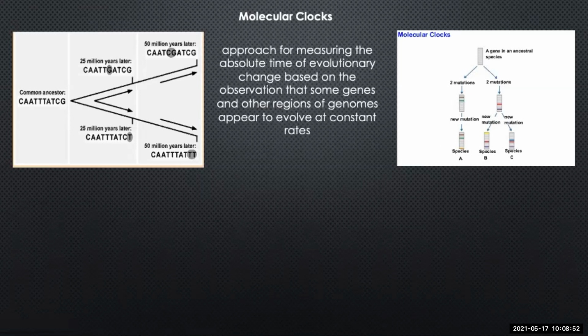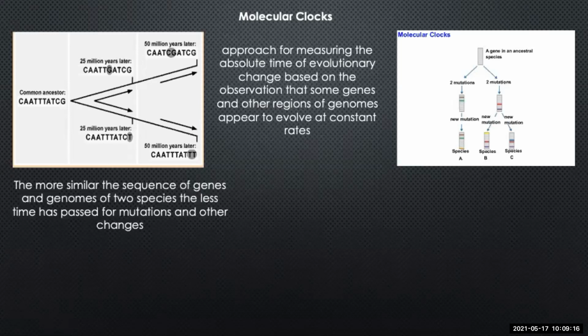And so this is an approach for measuring the absolute amount of time of evolutionary history. Again, as I said, different things make this more or less difficult. For instance, those fish that were really closely related became one species after only 4,000 years. Beetles, for instance, haven't really changed much in 40 million years, right? And so